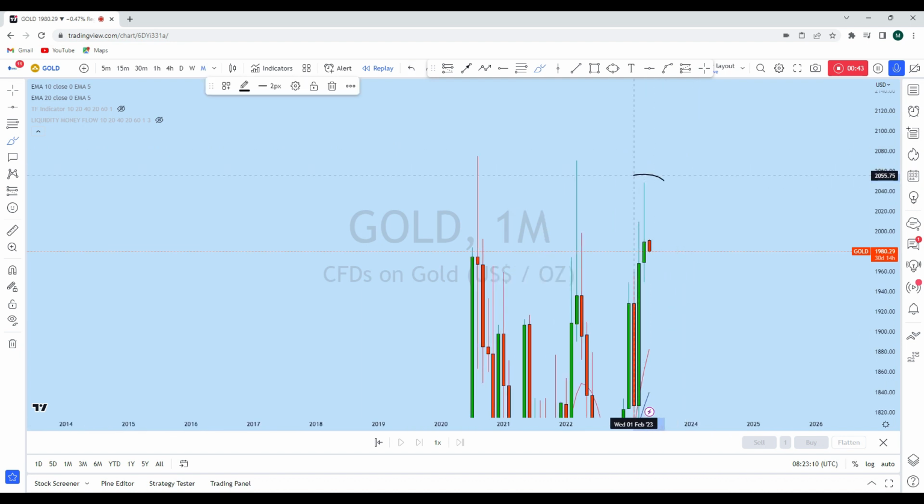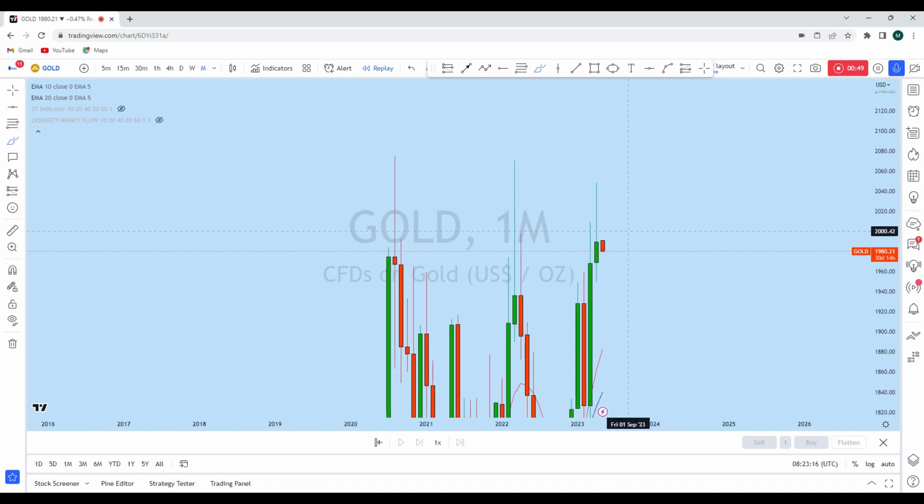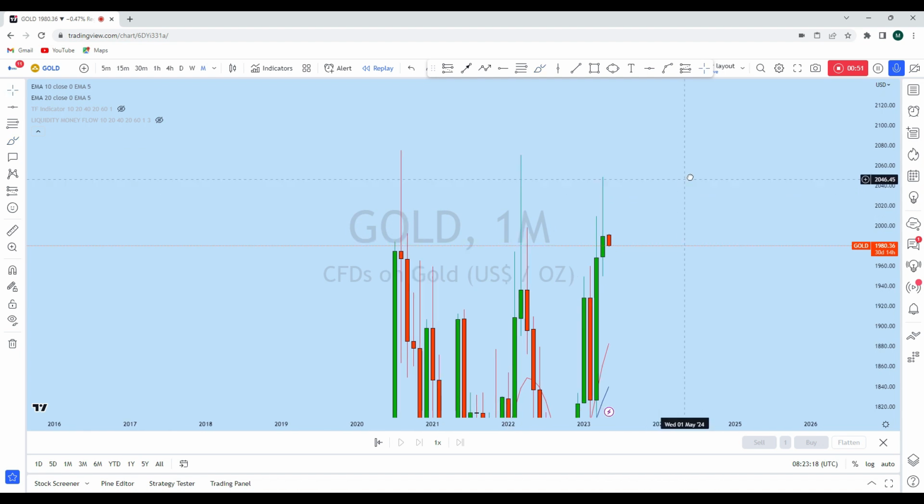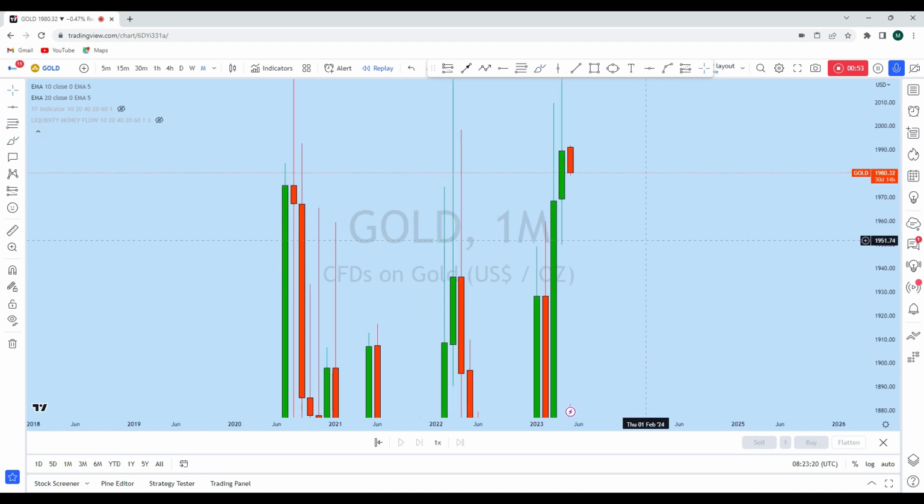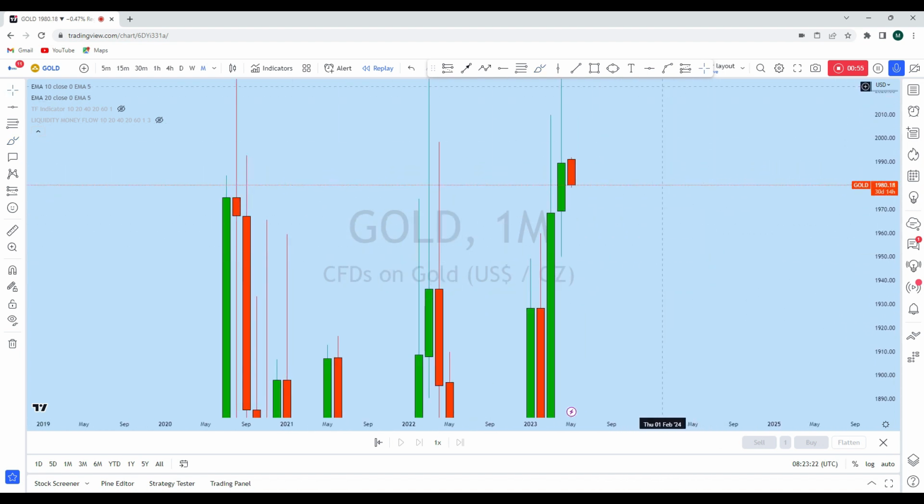In the previous month, gold formed a long weak candle on the monthly. This is a strong rejection from the monthly perspective on gold. With that rejection, I think gold will highly likely come back down, either